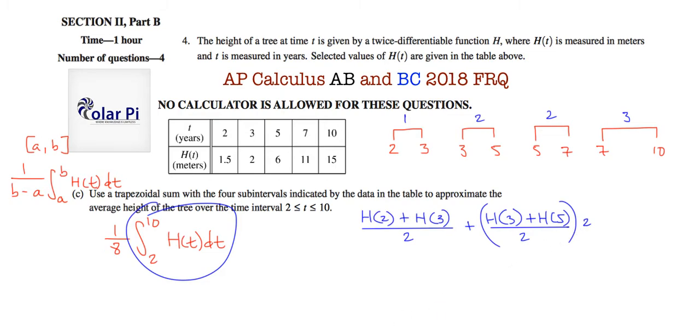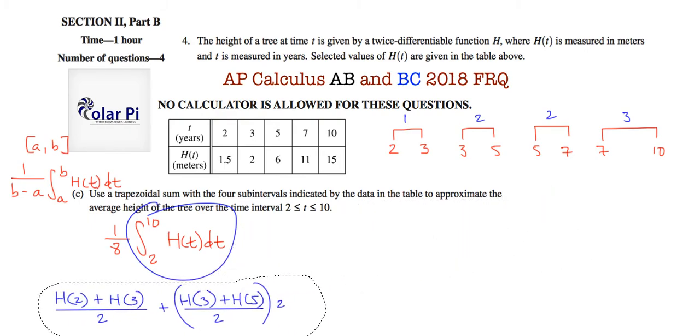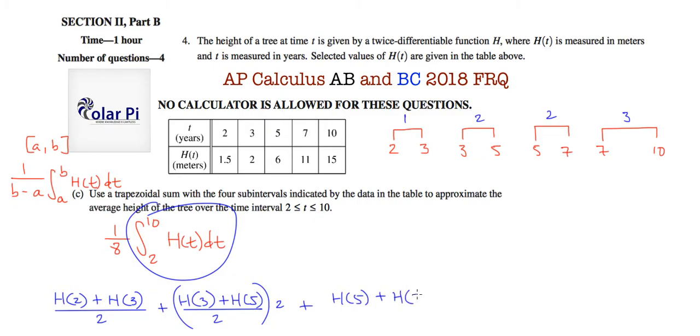Yeah, okay. We obviously need more space, so I will shift this to the left like that. That'll work. Plenty of space. And then plus the next trapezoid will be h of 5 plus h of 7 divided by 2, and then times, this is the average of bases for that trapezoid, and then times 2, and then finally plus, and this